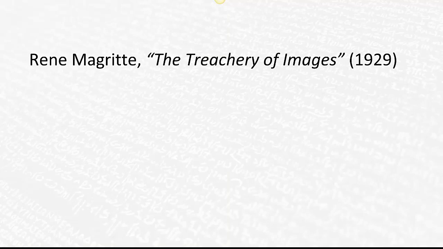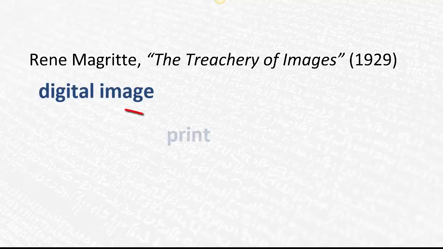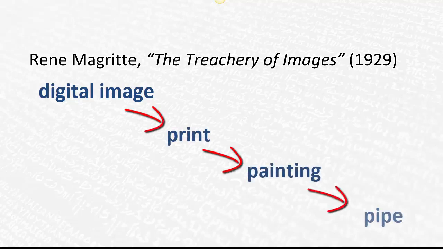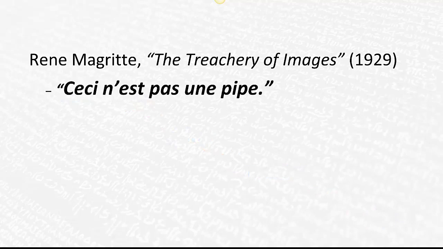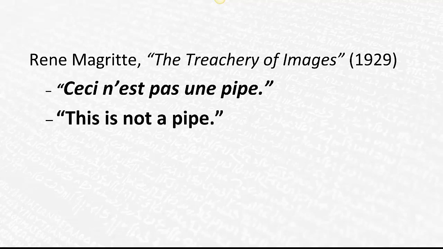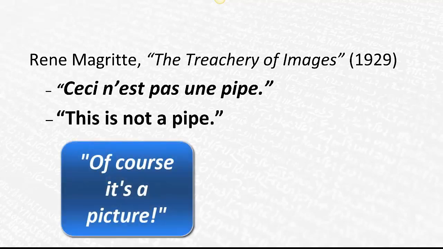What we've got here actually is a painting by Reine Magritte entitled The Treachery of Images that was painted in 1929. Well, actually what we've got is a digital video representation of a print of a painting of a pipe, right? And indeed, the French cursive writing at the bottom, "Ceci n'est pas une pipe," roughly translates, this is not a pipe. So now you're thinking, well, of course, it's not a real pipe. It's a picture of a pipe. Obviously, it's on a computer screen.